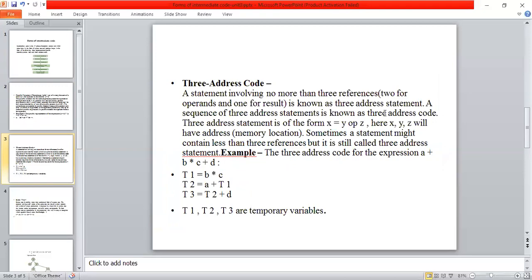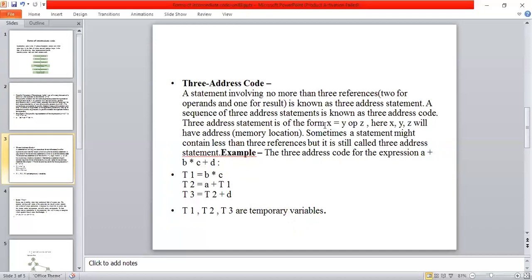So what are these three addresses? For example, if I have an expression x = y operator z, where x, y and z each have an address.